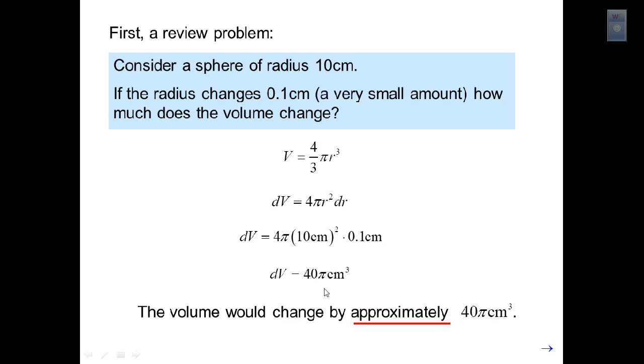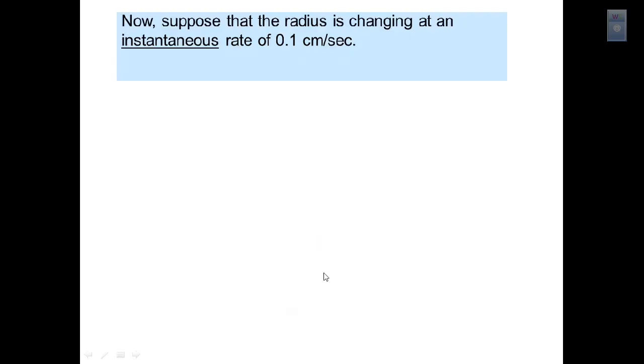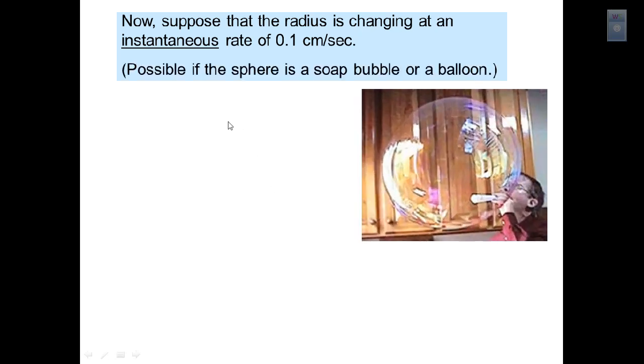Now, what we're talking about today is a related rate. Now, suppose that that radius is changing by an instantaneous rate of 0.1 centimeters per second. The number's still the same, but at that instant in time, we know that we're measuring this to be changing at a rate of 0.1 centimeters per second. That makes all the difference in the world to the final answer. So, for instance, if we had a sphere that's a soap bubble or a balloon that we were blowing up,